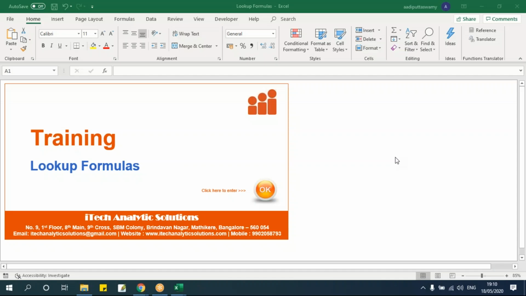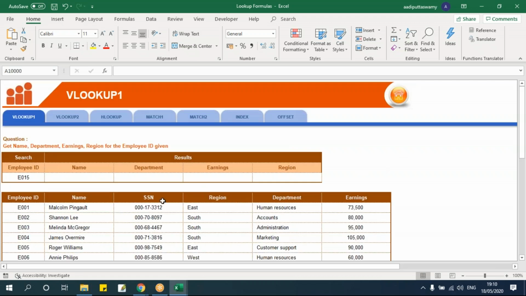Today's session will be on lookup formulas. First, let's understand what these lookup formulas are, and then we'll proceed with the formulas we have here. Lookup means searching, looking for something, and based on that, we have to get the alternative value for that. Say, for example, if I'm looking for this ID, so for this ID I should get